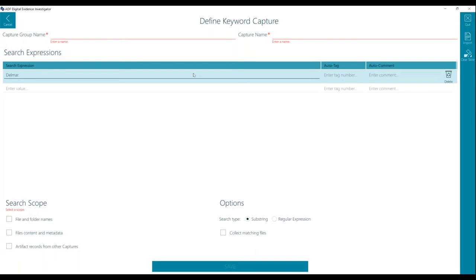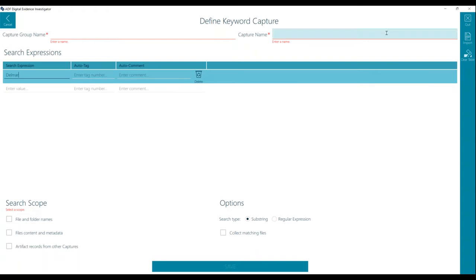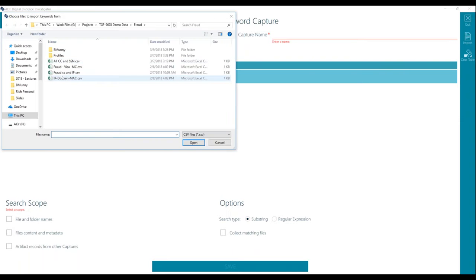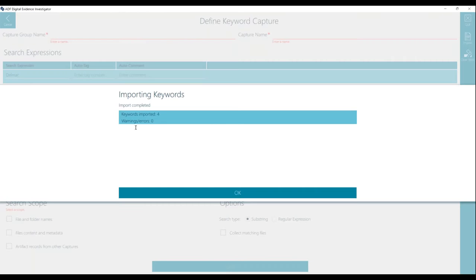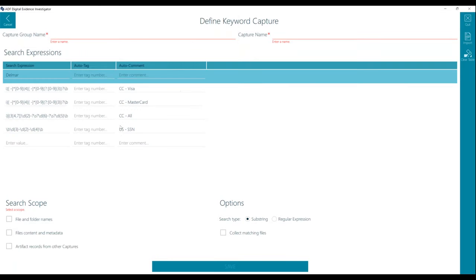I can type them in, or I could bring in my own lists. So most of us have keyword lists that we like. Again, I go over to my toolbar. I can import a CSV or text file. Very simple. I go in, I would point it at it and hit open. It would bring in my keywords and list them out for me. So what did I just do? I just brought in a keyword list,